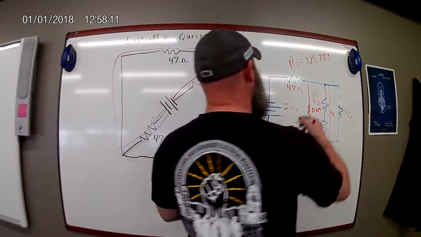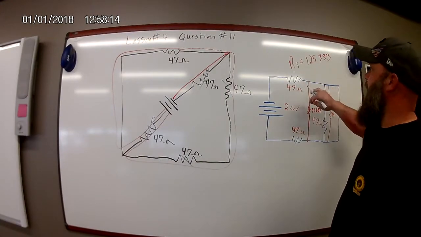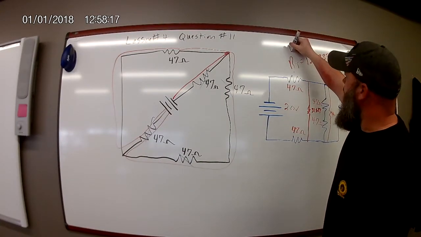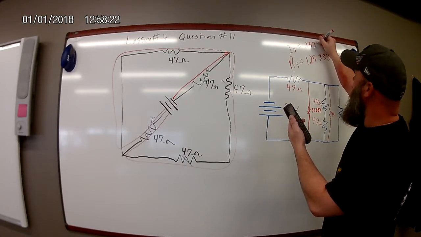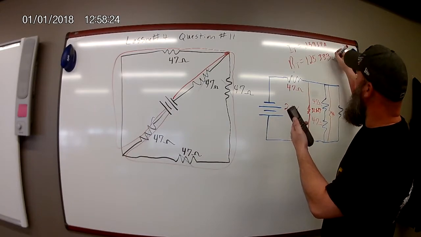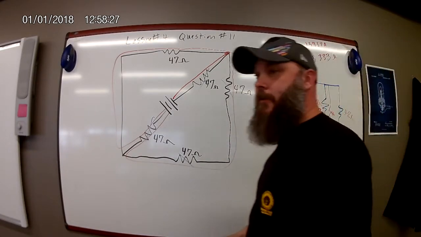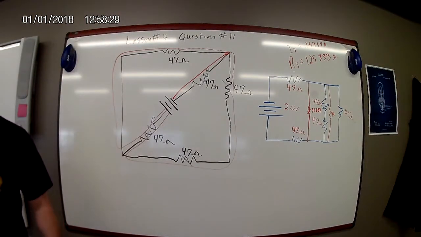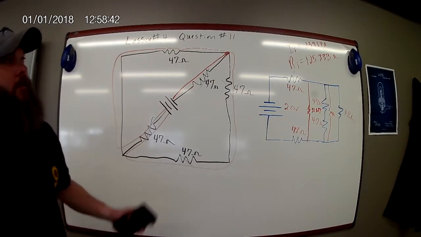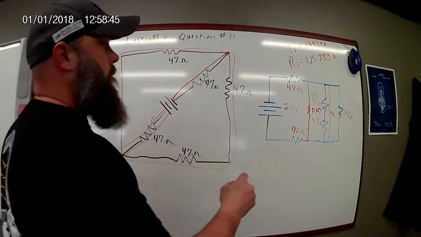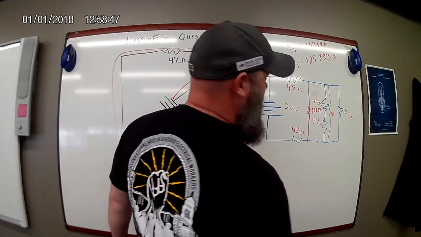We can actually find our current total by just taking E divided by R, which our IT would be 0.15957 amps. Always want to label them so you don't get the numbers confused later down the line. That's one of my nice tricks. And with our current, we know that this resistor and this resistor are going to see the full of that